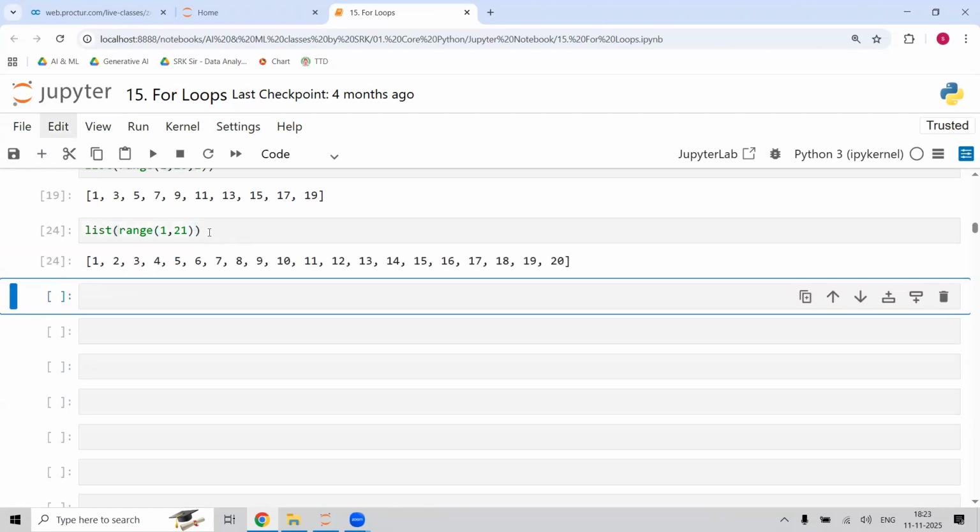Okay, list of 1 to 20. Sir, list of 1 to 20 is not our requirement, no sir. You want only even numbers, no sir. What is the meaning of even numbers? Which are divisible by 2. Okay, which are divisible by 2. So now,